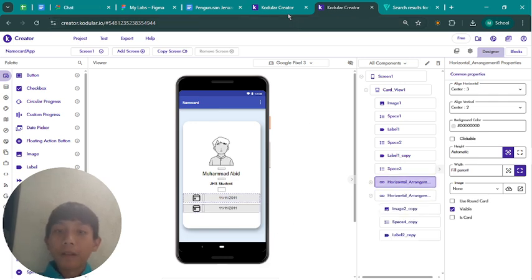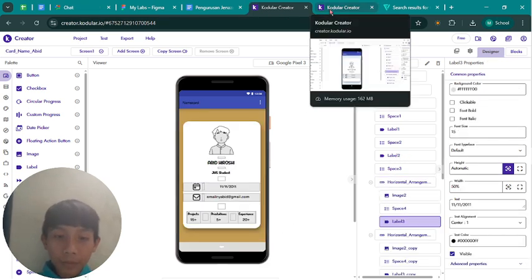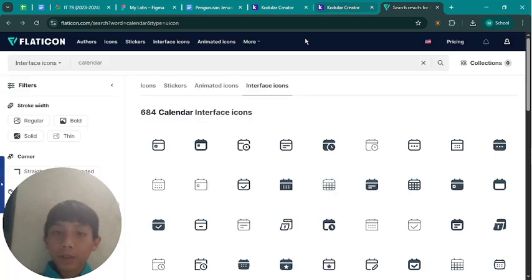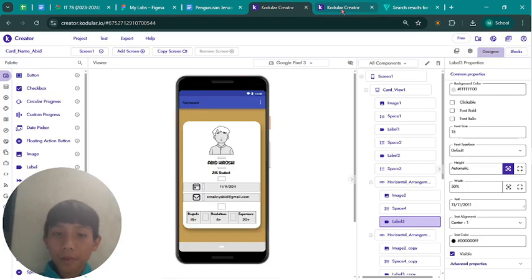Yeah, and then you search icon your email.